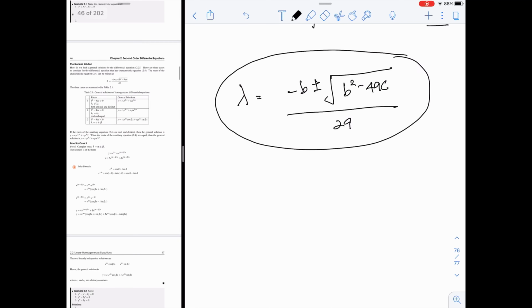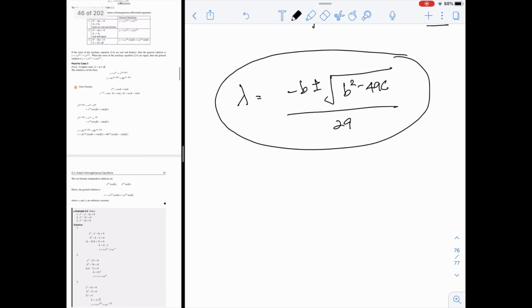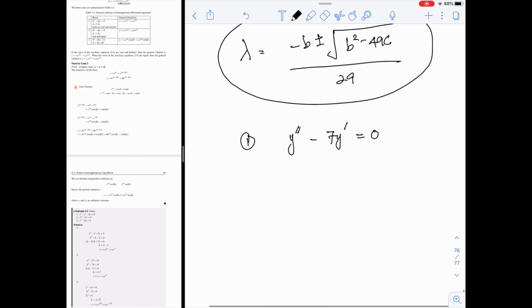Okay, let's go to the example. Example 1, let's say you have y double prime minus 7y prime is equal to 0. So the first step that you need to do is find the characteristic